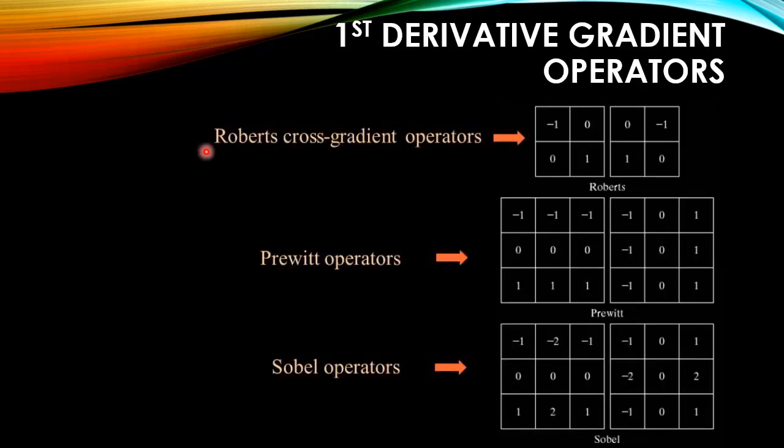The sharpening filters that we discussed till now are based on second derivative operators. Now we'll see the use of first derivative operators. So these are the first derivative operators. We can have the Roberts cross gradient operator with a setup like this, or we can have Prewitt operators. The first one is a horizontal line detector, the second one is a vertical line detector, or we can also have a Sobel operator, which is similar to Prewitt in operation, with horizontal line detection and vertical line detection. Let's see the working of these with some examples.